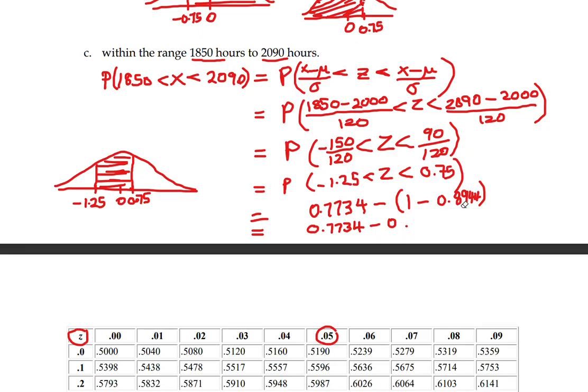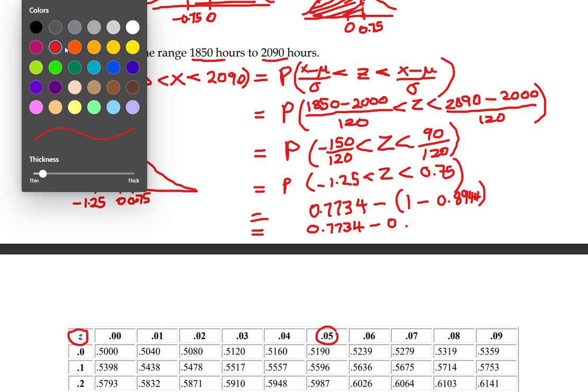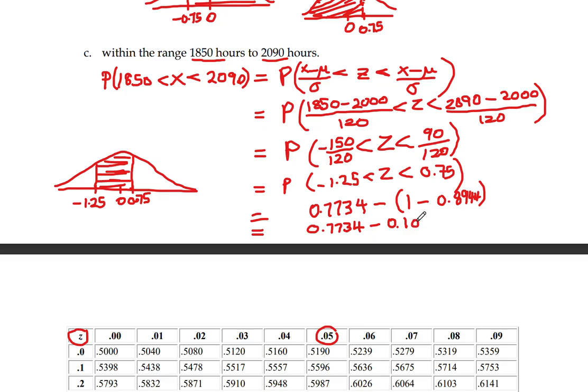So we're going to take 0.1056 and subtract that value now from the 0.7734. So minus from 0.7734, and that gives us 0.6678,